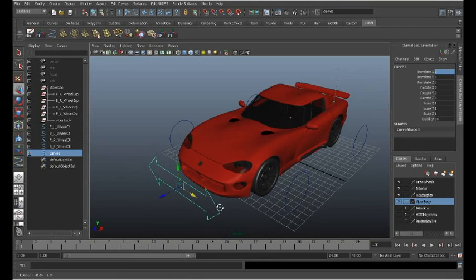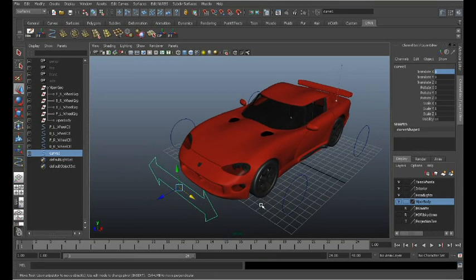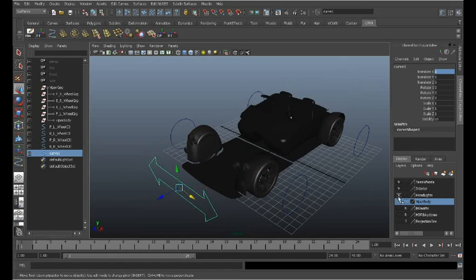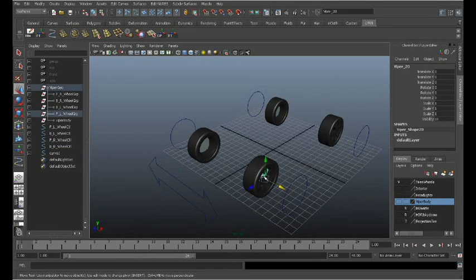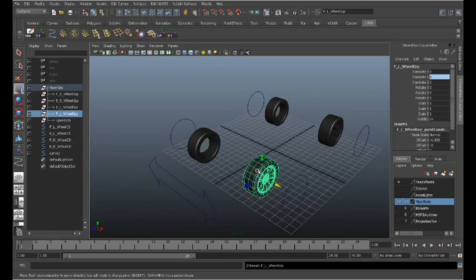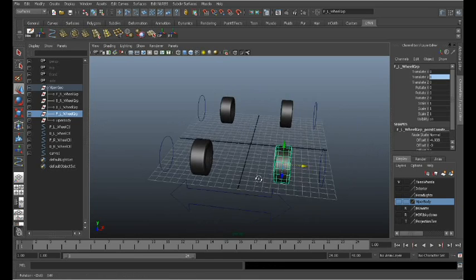Okay, so the objects that we're going to be controlling with this particular controller are the two front wheels. So let's turn off visibility on everything else and check our wheel group. If I select on it and then my up arrow, it takes me to the top node. So this is the front left wheel group, and I'm going to be repositioning these